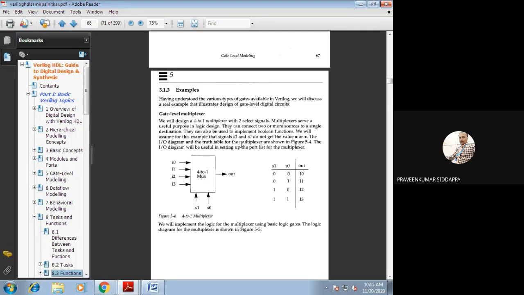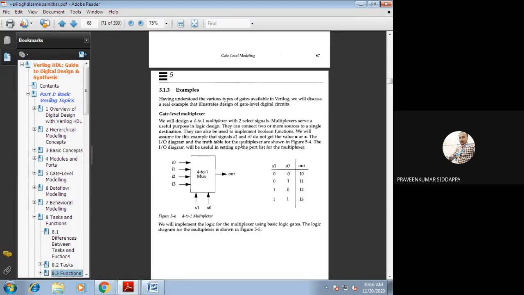Here this mux is having 4 inputs, 2 select lines and 1 output. After that, draw the truth table. That truth table should contain the operation. Here first I will take the select lines in MSB manner. First we should take the MSB bit, next we should take the LSB bit. So MSB is S1 and LSB is S0.